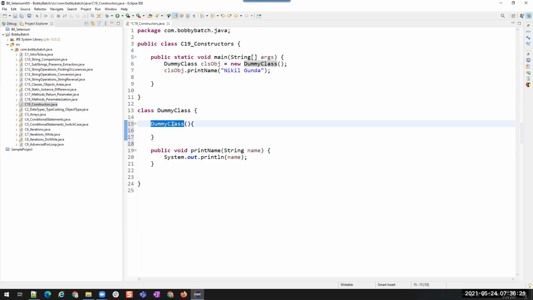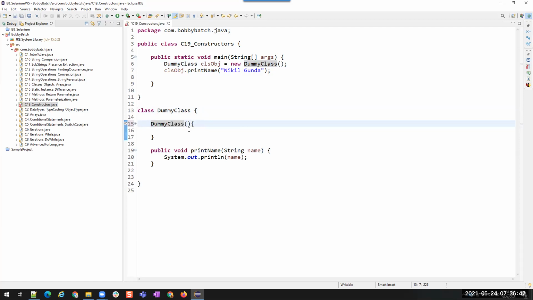Only then will it be treated as a constructor. If you don't have this, for example in dummy class, then it is going to be treated as a normal method, not as a constructor. Whenever there is a method with the same name as the class name, that will be treated as a constructor.